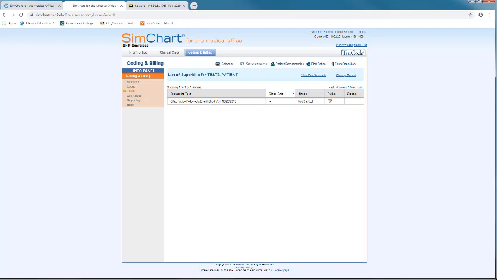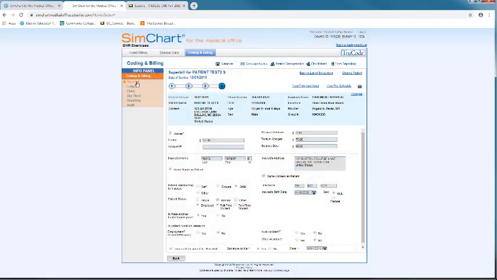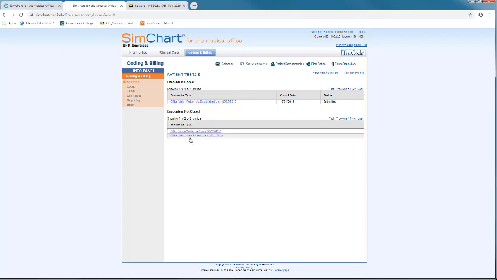So if you have entered, and I'm going to step back just so you can see the difference. If I go to my super bills, notice this is for patient 2. I want to see all of my encounters. Notice he has multiple encounters out there. However, there is only one dated for October 26th that has been submitted and is ready to be